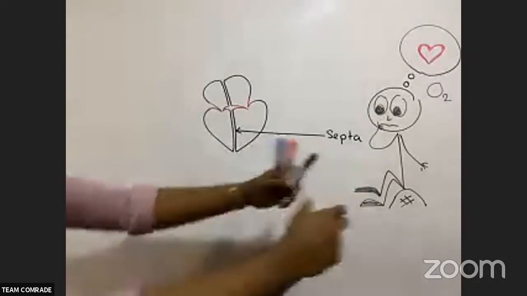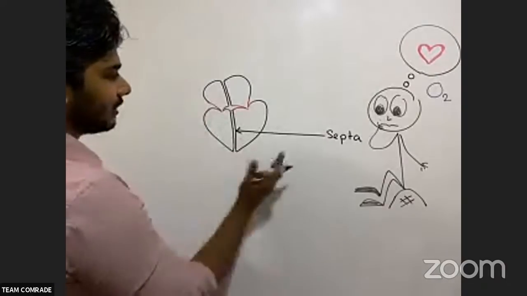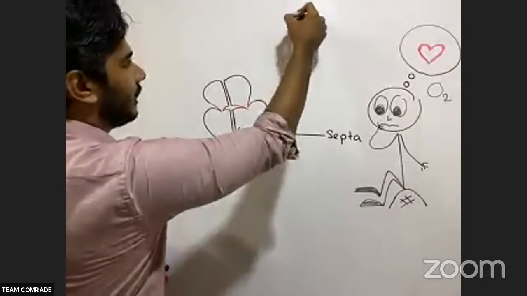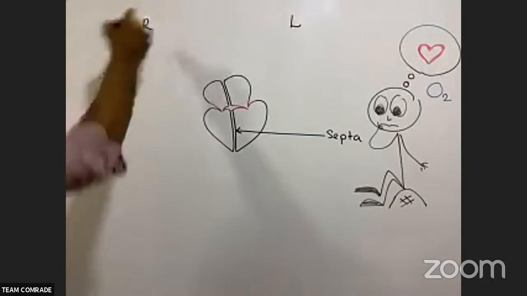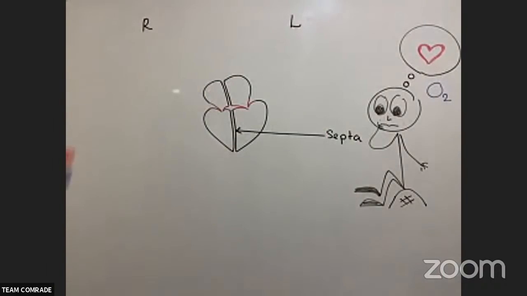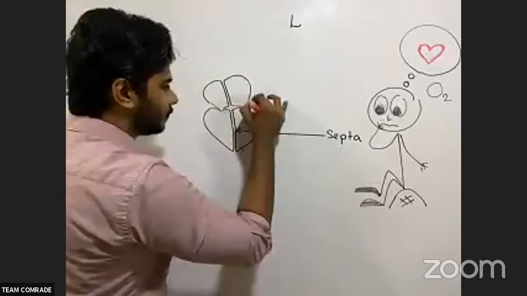Now, in Sinhala, I think everybody knows Sinhala. So what is this side? This is the left side, and this is the right side. Right side of the heart. Can you see? The right side and the left side of the heart. Now these are the 2 valves which I told you.